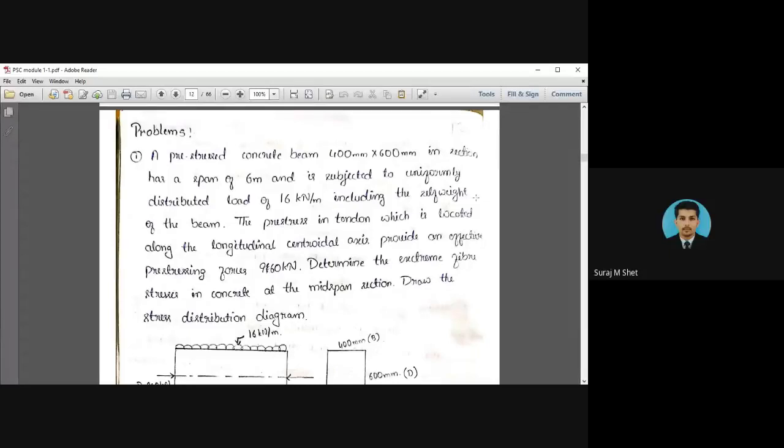Yes, sir. Okay, I'll solve the problem on module 1. You already know the basic concept of module 1. Some easy problems are there, but I'll do the revision for that module 1. Okay, I'll read the problem.